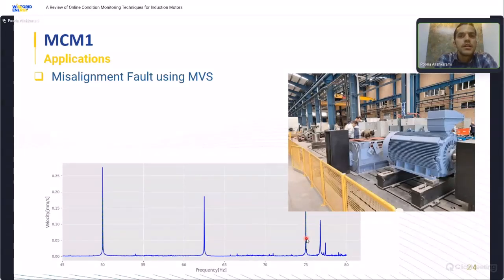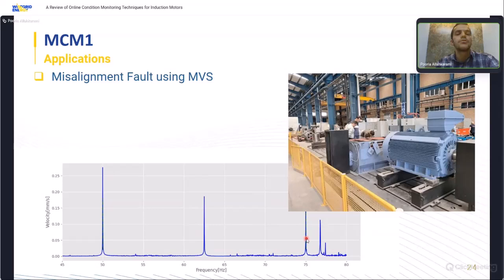For example, in this observed case, the motor had an alignment issue, but unfortunately, they didn't shut down the motor, and shortly afterward, the vibration increased severely and led to an unplanned trip. The reason was that the vibration value didn't exceed the standard value, so they kept running the motor. So we need to pay attention to the vibration spectrum. It detects the early fault stages